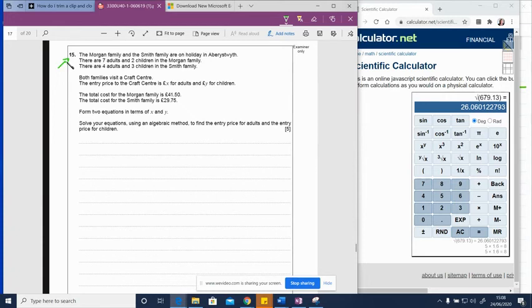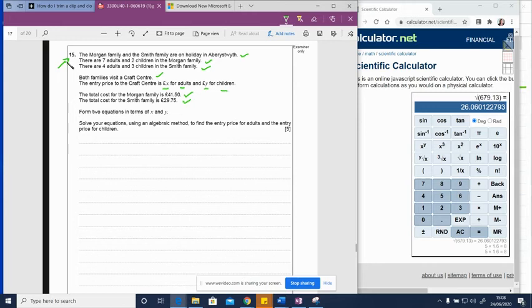Question 15. There's a lot of words in this question, so I'm going to read it quite carefully. The Morgan family and the Smith family are on holiday in Aberystwyth. There are 7 adults and 2 children in the Morgan family. There are 4 adults and 3 children in the Smith family. Both families visit a craft centre. The entry price to the craft centre is X number of pounds for adults and Y number of pounds for children. The total cost for the Morgan family is £41.50. The total cost for the Smith family,